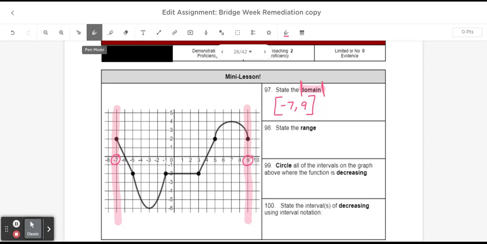Now, the range of a function is describing the lowest that the graph goes and the highest that the graph goes. So a range is going to be like the floor and the ceiling. The lowest that this graph goes would be right here, and the highest that this graph goes would be right here. So those values that would describe the lowest and the highest that the graph goes would be